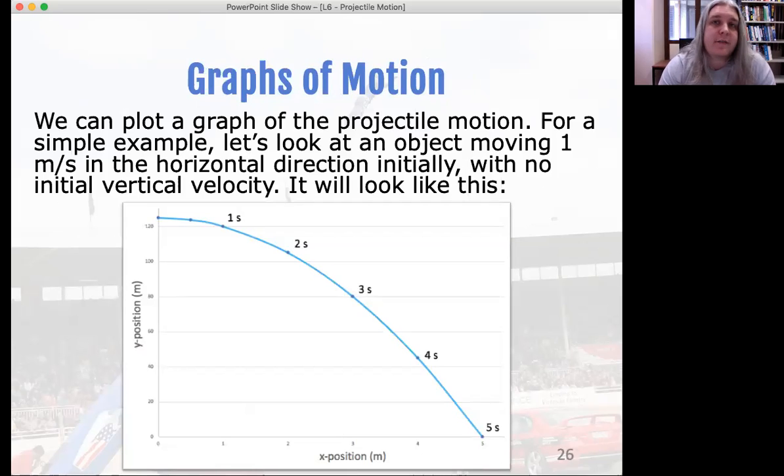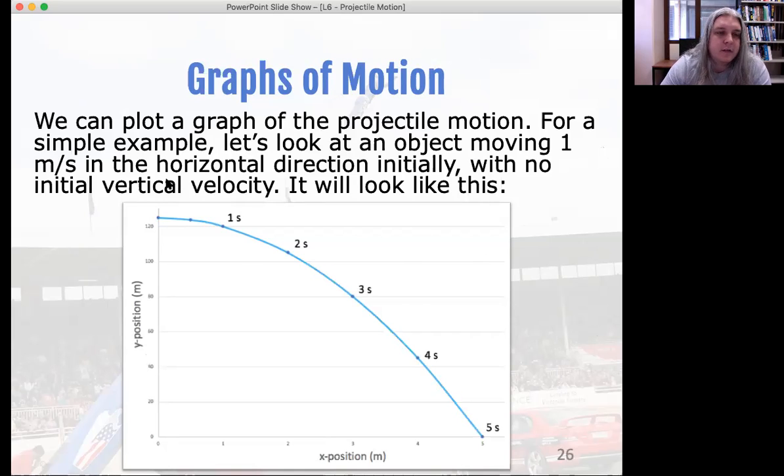Graphs, we talked about graphs a lot in the previous lessons. We've covered a fair bit of material, so I won't spend too long on this. But there is one thing I want to point out: this graph is y versus x. It's not versus time. It's just y versus x, and that's literally a graph of what the motion looks like. If you've got your y position in meters and your x position in meters, you'll notice the scales